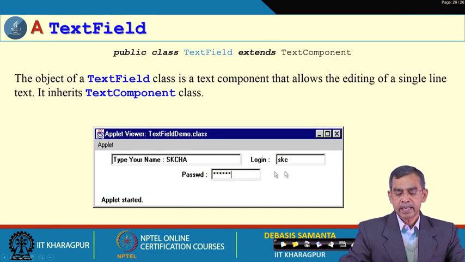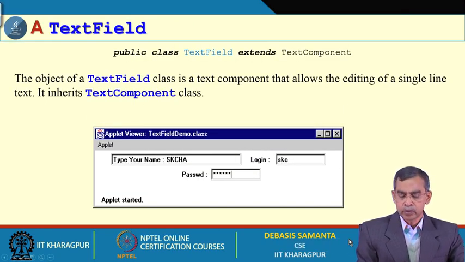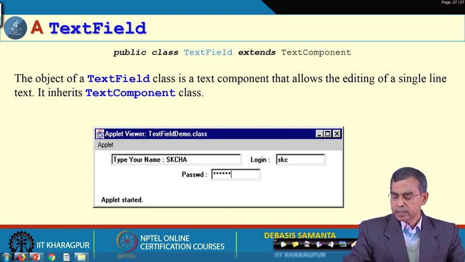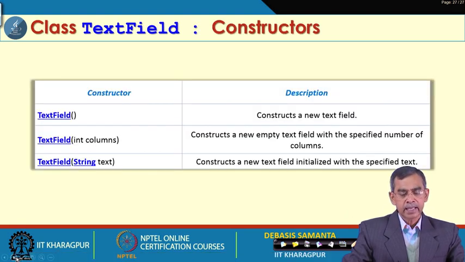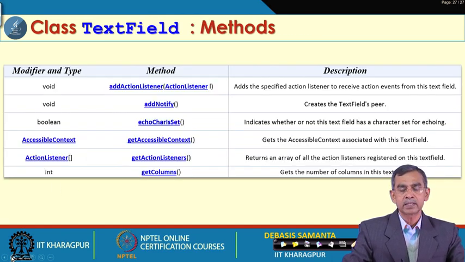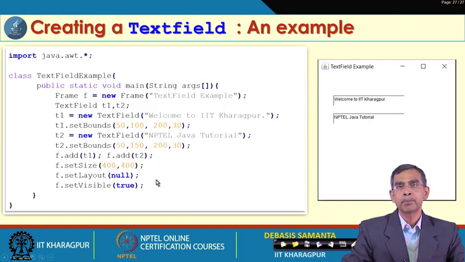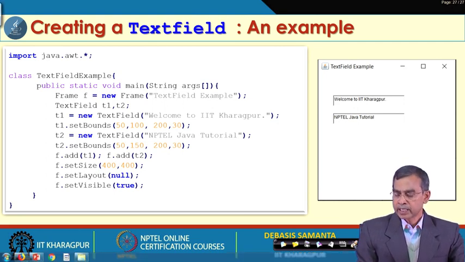Text field, this is the idea about the text field. As you see, a text field looks like this. This is one text field area, this is another, and this is another. So this is an applet which contains 3 text fields in it. Now, let us see how this text field can be created. Again, there is a class called TextField, defined in the components as a subclass of the Component class. It has 3 constructors and a few methods, and this is an example you can test, where 2 text fields like this one and this one can be used.